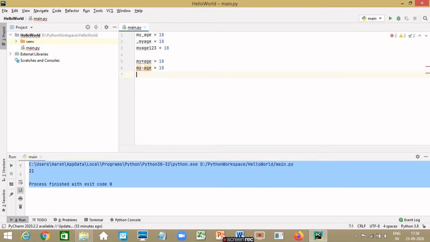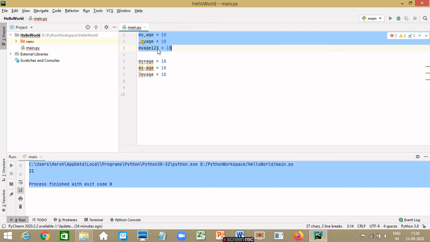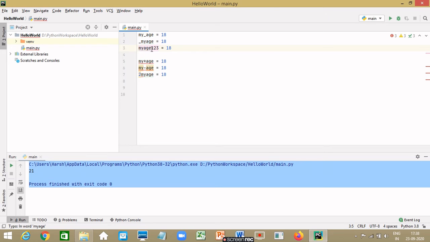And anything that starts with a number, let's say 2my_age, is also not a valid variable name. The third is that more than one alphanumeric characters or underscore may follow. So all these are valid variable names and it shows that it can contain more than one letters, more than one numbers, and more than one underscores.